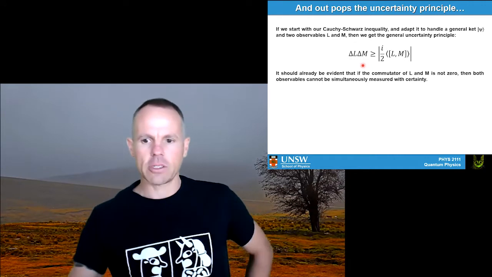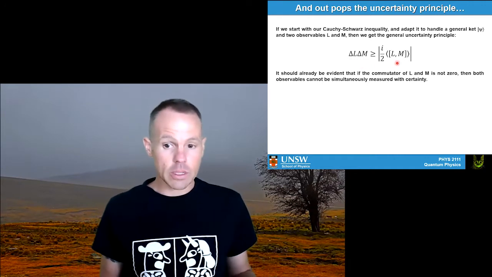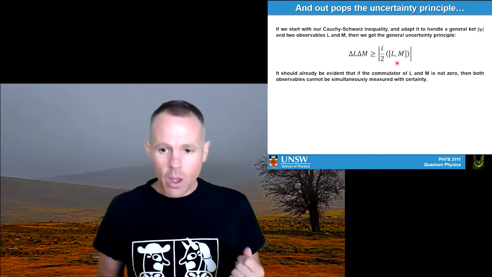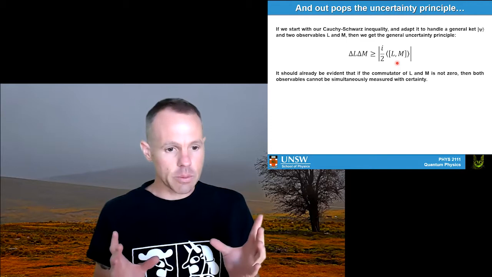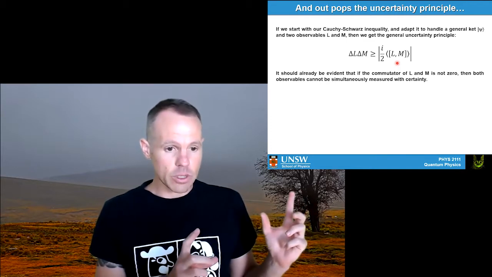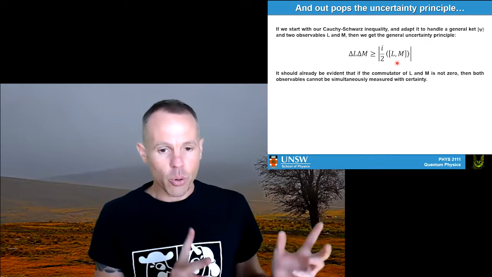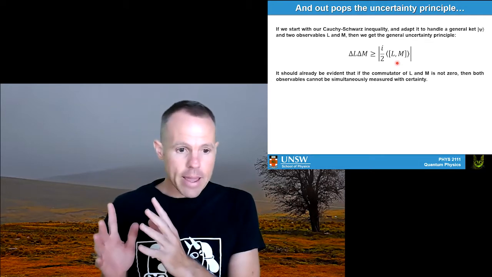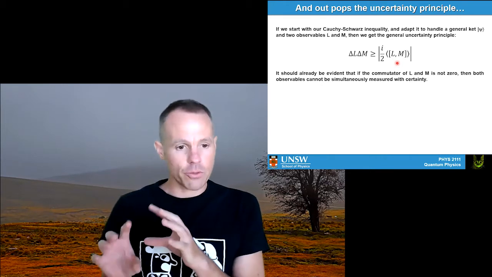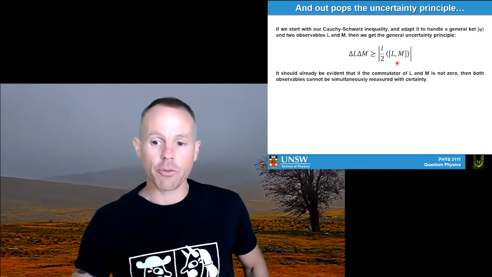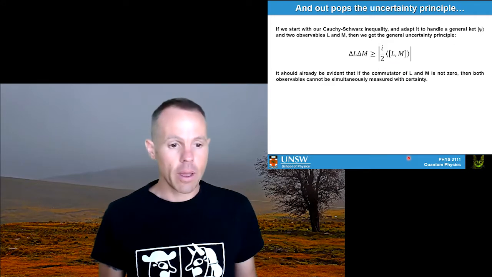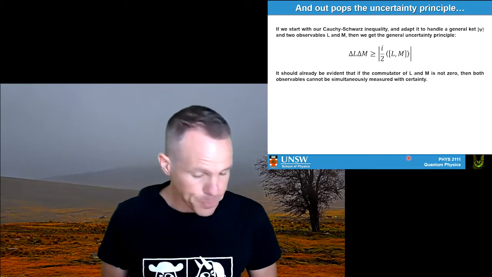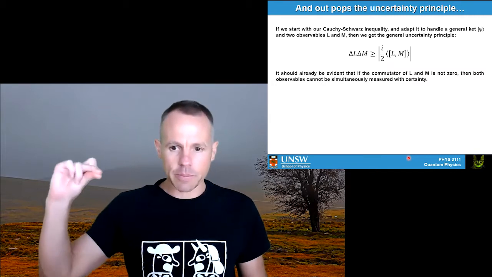And on the right, we have something that basically looks like a commutator bracket, like what we saw in lecture 10. So where I'm going to go in this is basically start with my Cauchy-Schwarz inequality from the first half, put in some actual vectors for that, and then work my way through to getting this form of the uncertainty principle at the top. And then once we have that, we'll put P and X in, and I'll show you that you get the Heisenberg uncertainty principle out. So let's bring up some paper so we can start on this.